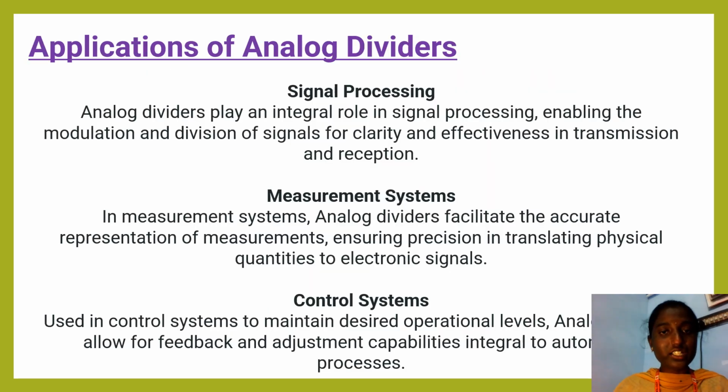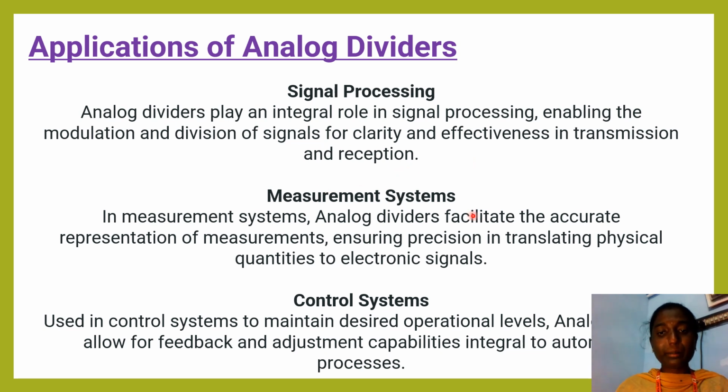Now coming to the applications of analog dividers. So we have three applications. What are they? Signal processing, measurement systems, and control systems. First one is signal processing. Analog dividers play an integral role in signal processing, enabling the modulation and division of signals for clarity and effectiveness in transmission and